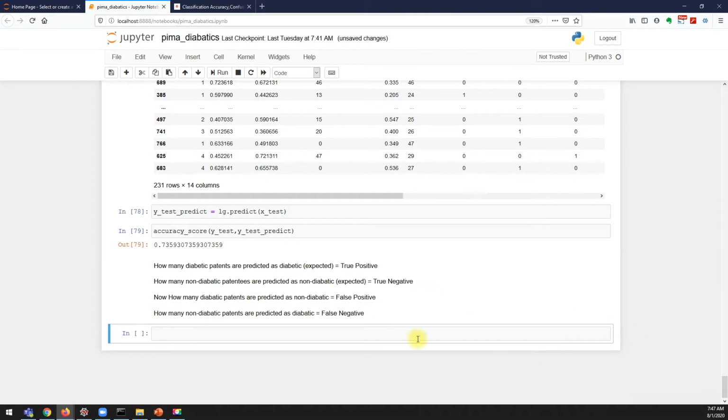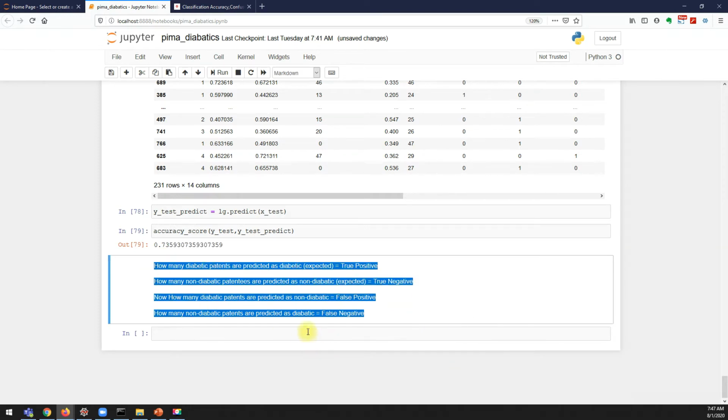As I told you, classification accuracy will only tell you the overall accuracy, but I want to know about the specific problem. I am only worried about the positive values, the percentage of accuracy with which my model predicted the diabetic patient as a diabetic patient. Or else I'm more focused on the non-diabetic patients that my model predicted as non-diabetic, or the other way around. So if you want to solve this problem, which I just highlighted,